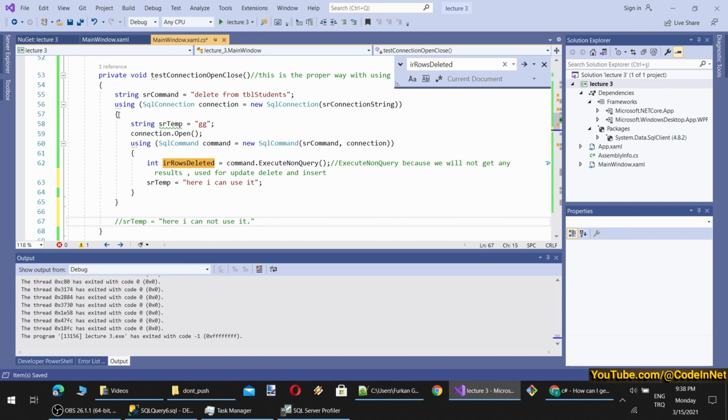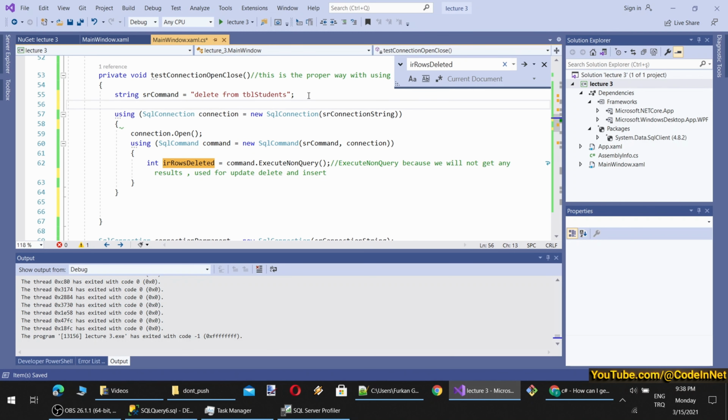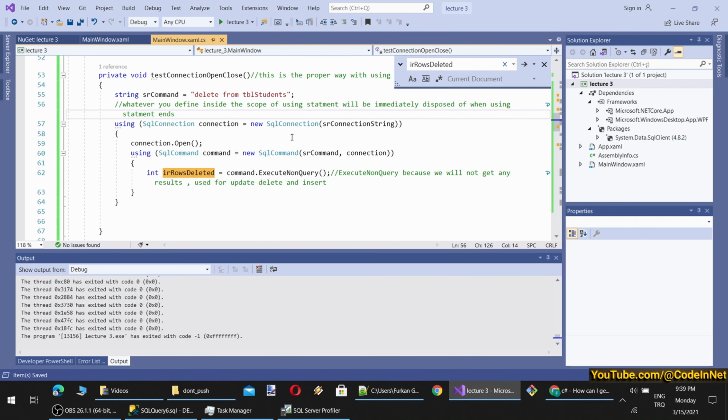And when the using statement ends, it will automatically close the connection of SQL server and dispose of it. So this is about the using statement. It is important that whatever you define in the using statement inside its scope will be immediately disposed of when the using statement ends. This is important.